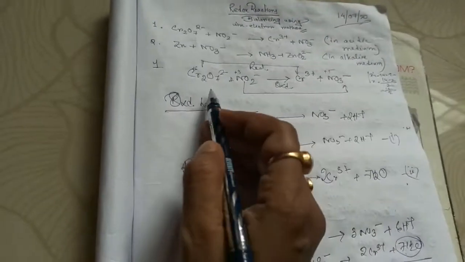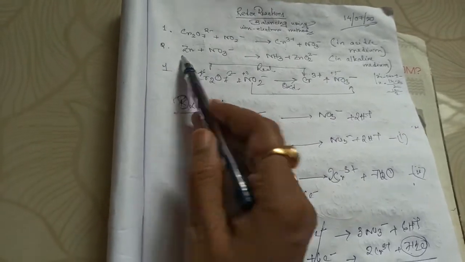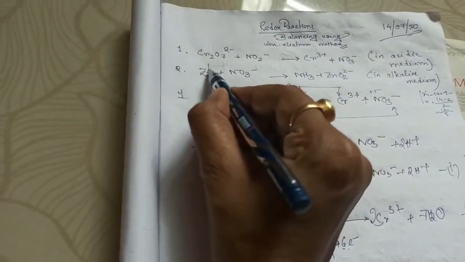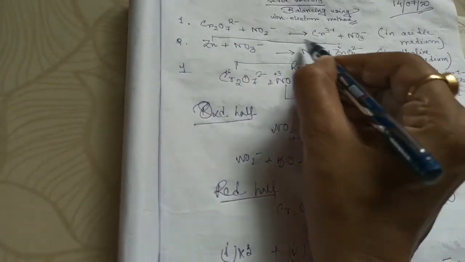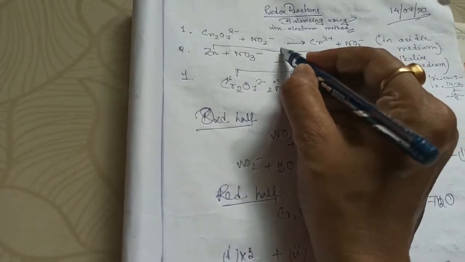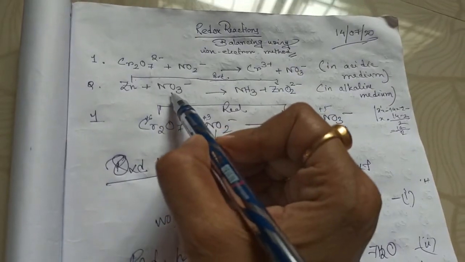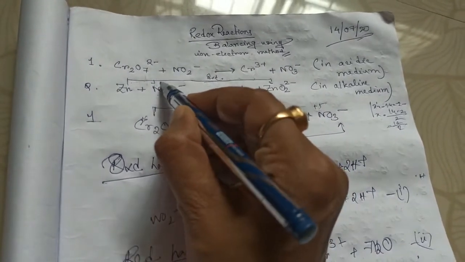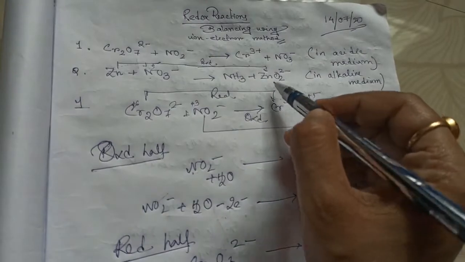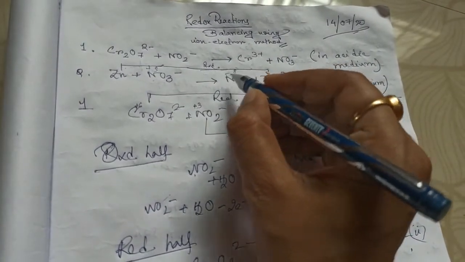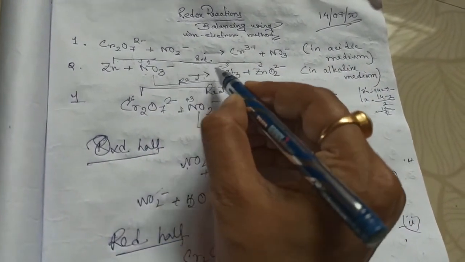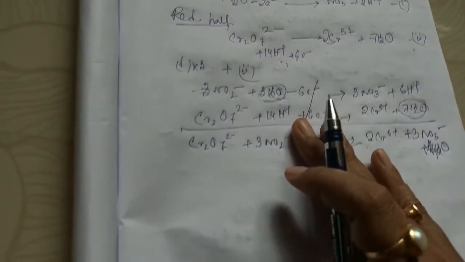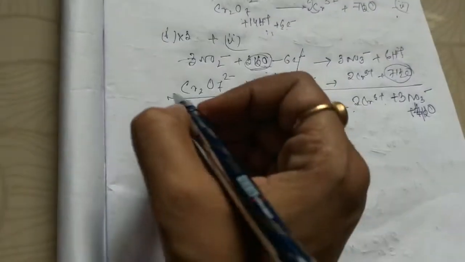Next we have to do it in alkaline medium. For alkaline medium, I have taken a second equation as an example. So I am showing you here only the oxidation and reduction. This one, zinc to zincate, 0 to plus 2 oxidation state change. So it is oxidation. And reduction, if you can see from this radical, here the oxidation state of nitrogen will be plus 5, and here the oxidation state of nitrogen in NH3 is minus 3, so that is reduction. So this is the oxidation half, and that is the reduction half, and here it is alkaline medium, so there will be no H plus. Initial steps will be similar.